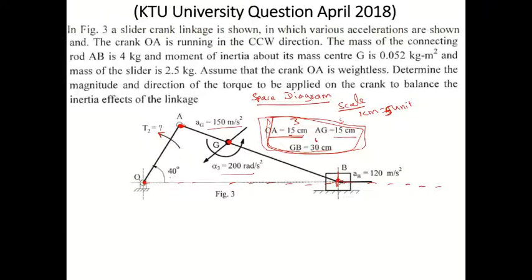So for OA, take 40 degrees and draw OA as 3 centimeter. Then in your compass take 9 centimeter, 3 plus 6, 9, and cut the arc. So we got the space diagram. Draw the space diagram according to the dimension. If you make any mistake, then the entire problem will be wrong.